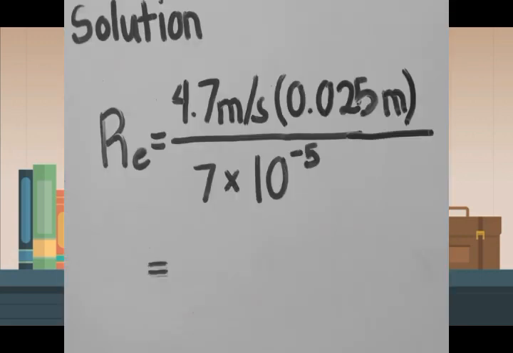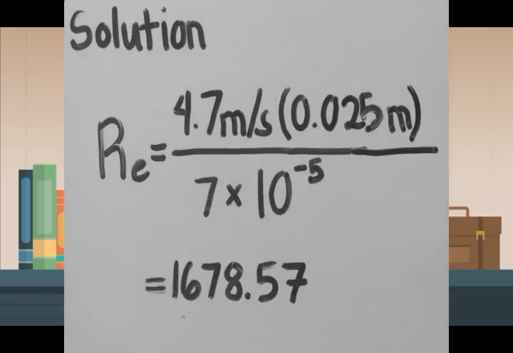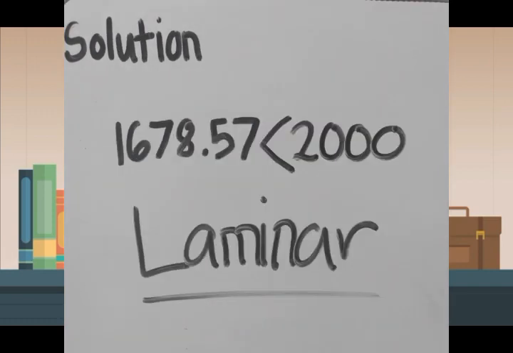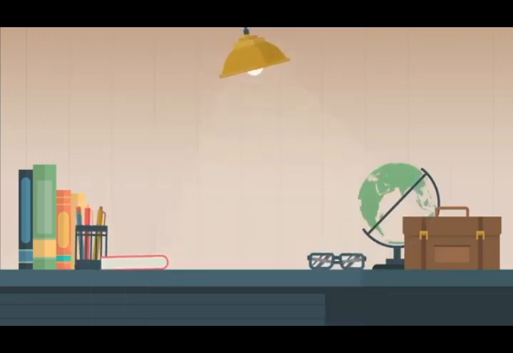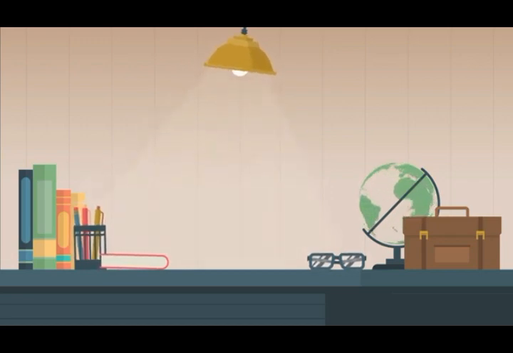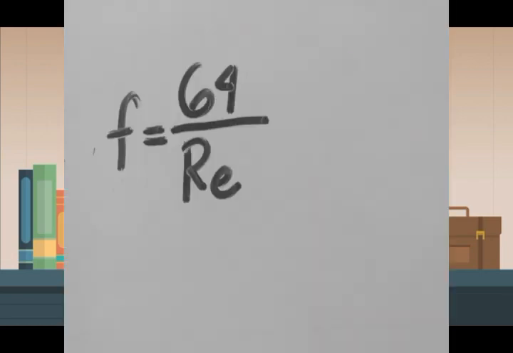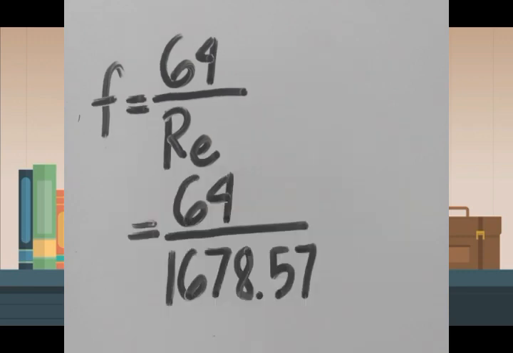And that should give us an answer of 1687.57. Now remember that when the Reynolds number is less than 2000, it means it is laminar. Next, what we need to solve is the equation for laminar flow, which is f is equal to 64 divided by the Reynolds number. Now we substitute again, and that should give us an answer of